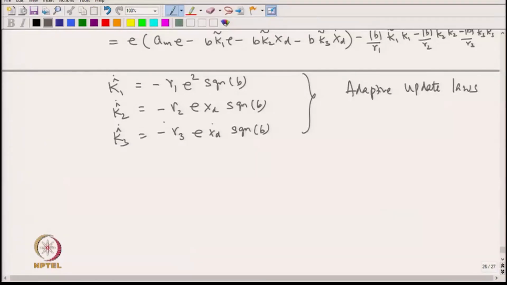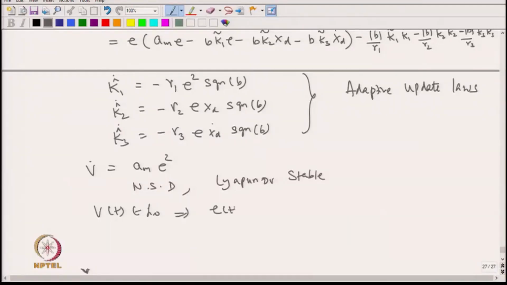Okay, so substituting these in V dot, what we get is V dot is am times V square. Okay, so again this is negative semi definite, and you could say that the equilibrium point is Lyapunov stable. It's important to go through with the analysis, and we can show that V is bounded, which implies that e of t, k1 tilde of t, k2 tilde of t and k3 tilde of t are all bounded,